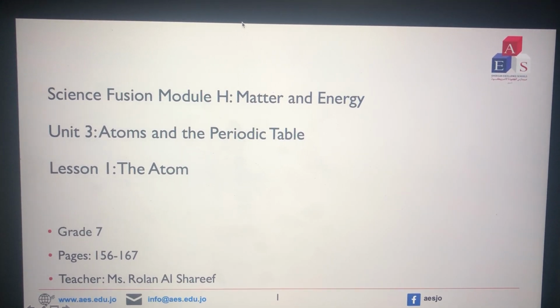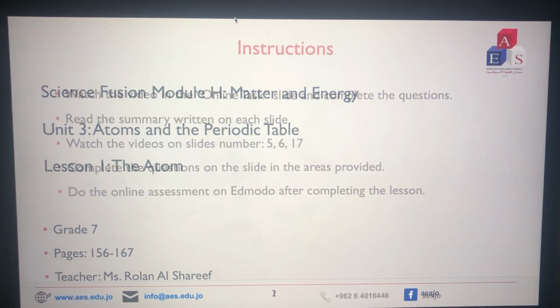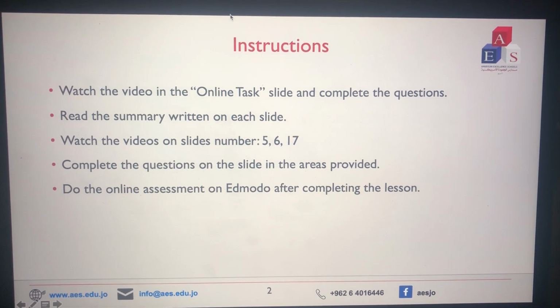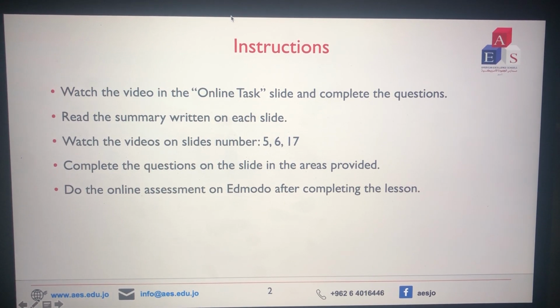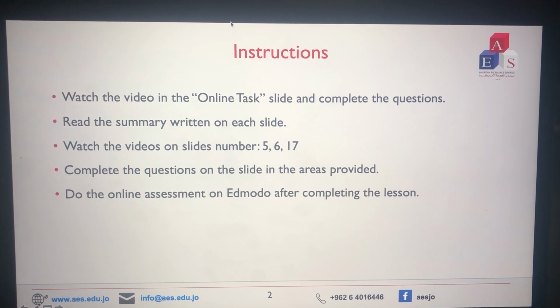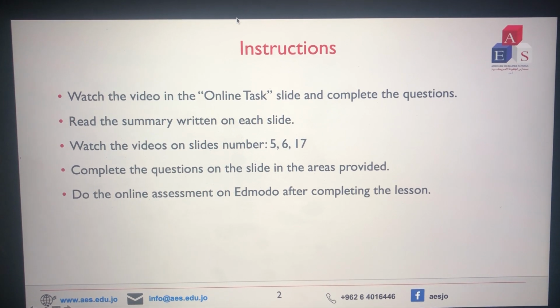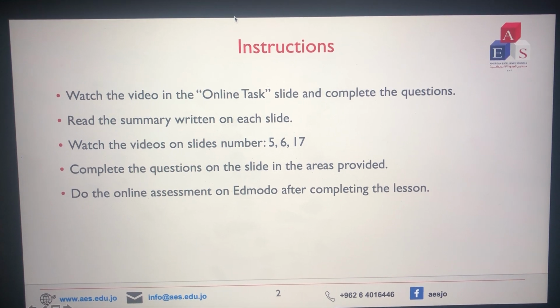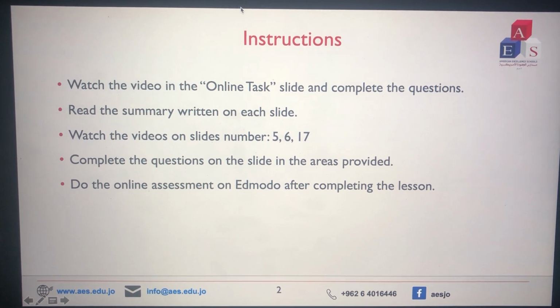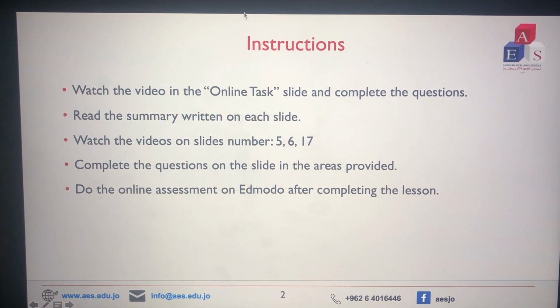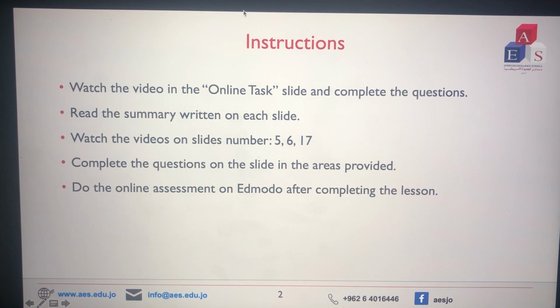Today our science lesson is about the atom. Please watch the video in the online task slide and complete the questions. Read the summary written on each slide. Watch the videos on slides number 5, 6, and 17. Complete the questions on the slide in the areas provided and do the online assessment on Edmodo after completing the